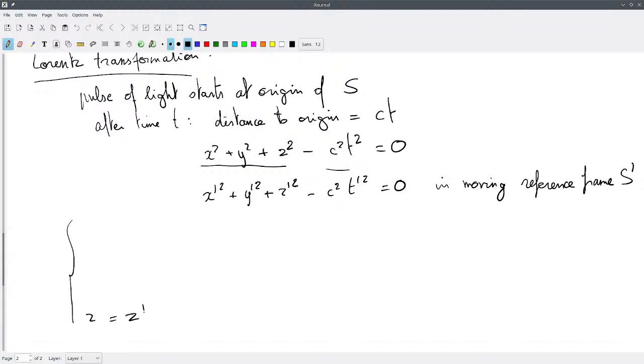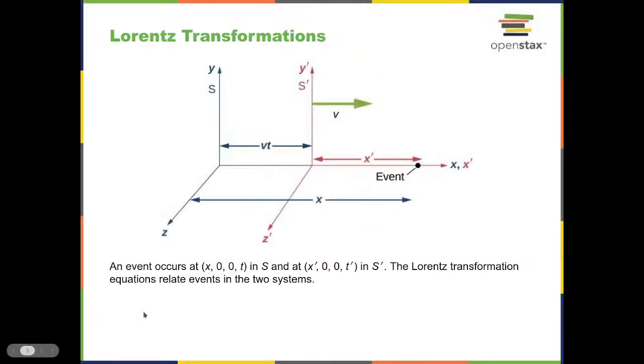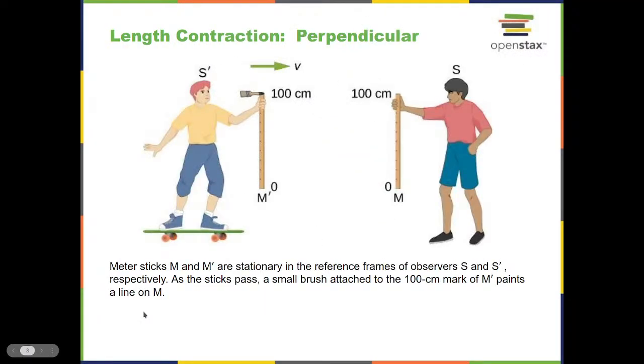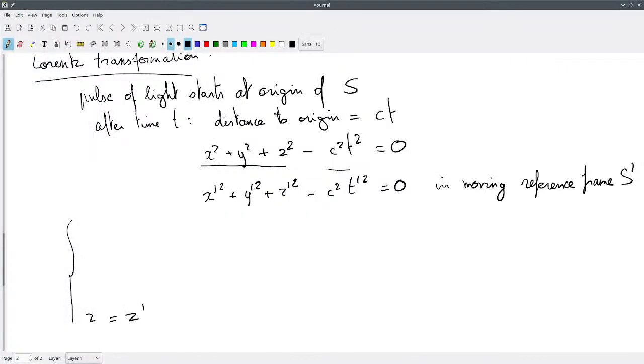We're going to assume that in the direction perpendicular to the motion, nothing different happens. And this relates, of course, to the fact that there's also no change in the length of anything perpendicular to the direction of motion. So we're going to assume that in the coordinate transformation, there's no change either. Y will therefore be equal to y prime. Now we're going to change x, which used to be x prime plus v times t prime. We're going to change that by multiplying with our relativistic gamma factor,